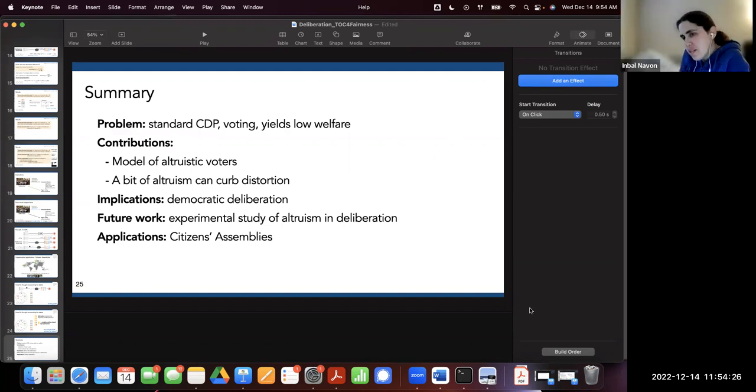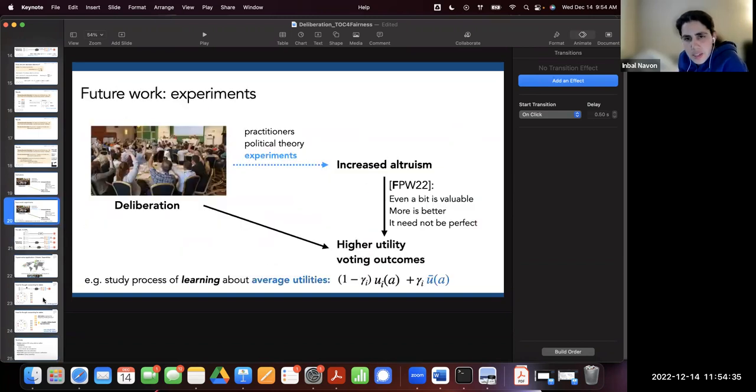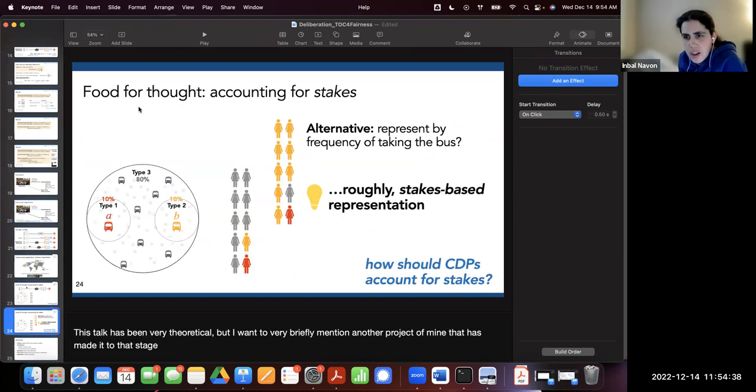I have a question about the future work part. The one that joins with proportional to stake. In some sense, if you can approximate the stake of every group, doesn't it mean you've already solved the problem in a way? Because if you know that group V has higher stake, doesn't it just mean that they have higher value? You can take this value into account in your voting rule, not a binary voting rule, and then you solved it.